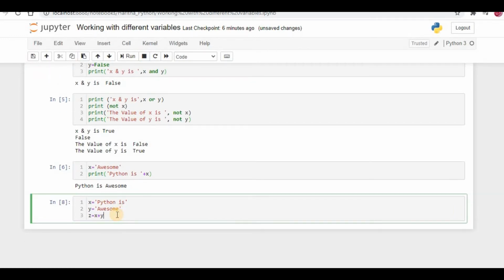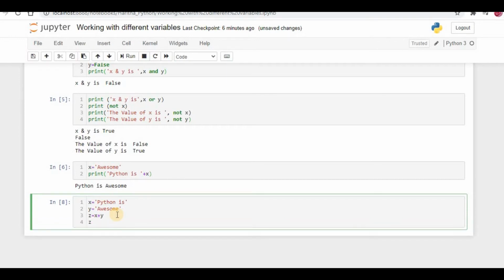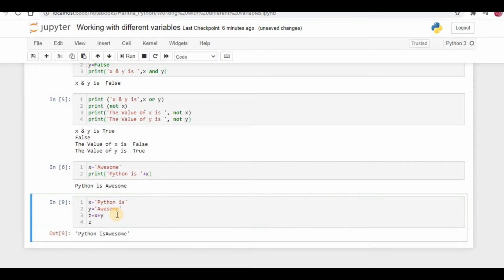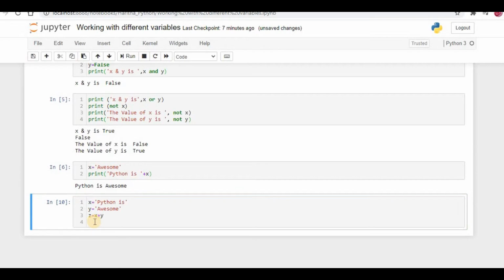Why is it not showing anything to us? We didn't ask for anything, we just called the function. See here, if you observe, if I didn't write z and press Control Enter, Python shows nothing. Why is Python showing nothing? Because I didn't ask Python to show the result. I can show the result by using the keyword print.